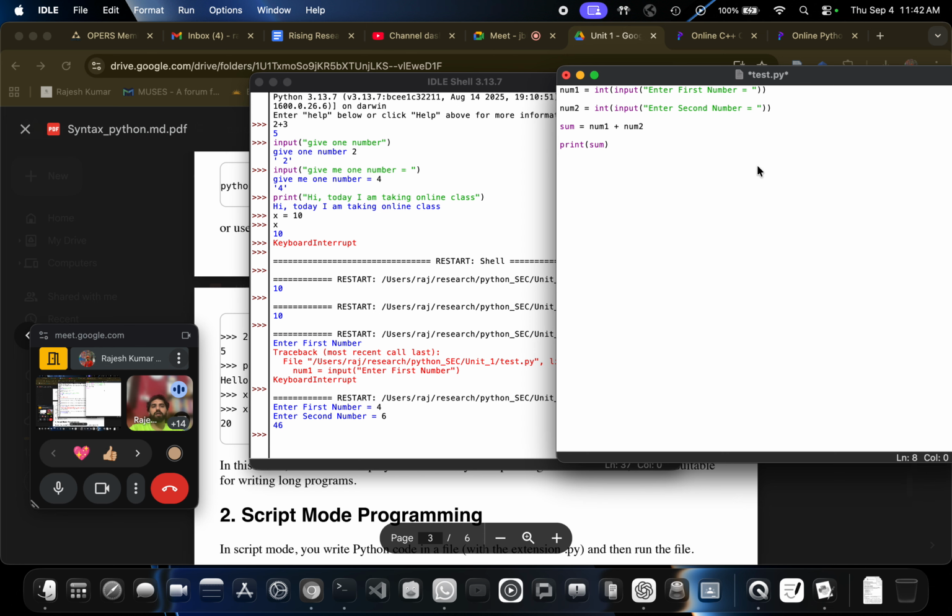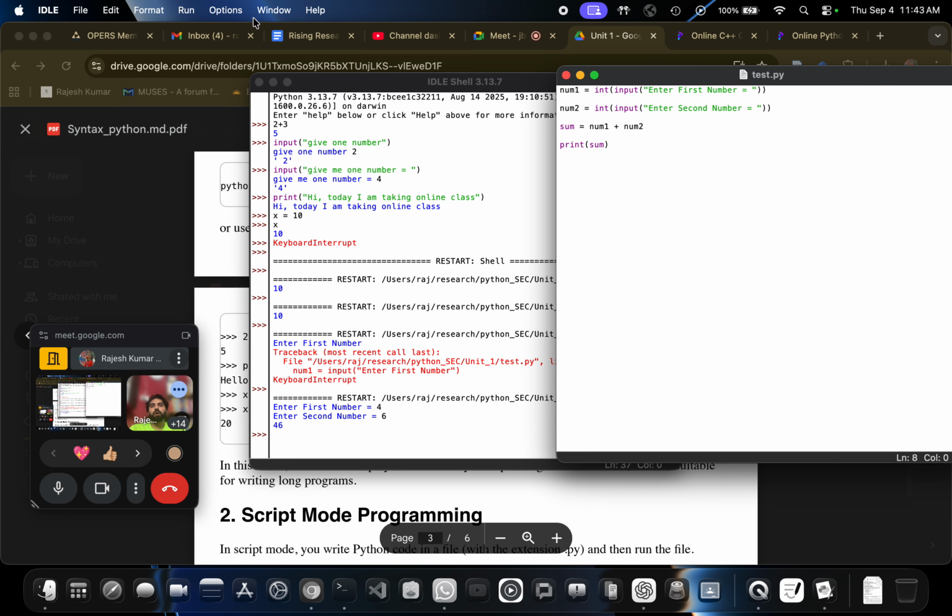Otherwise, it will treat it as a string. So when we add strings, this is a good example of concatenating: I put a string 4 and then a string 6, because Python is not able to understand using the input command. It is treating it as a string. It just concatenated 4 and 6 together.